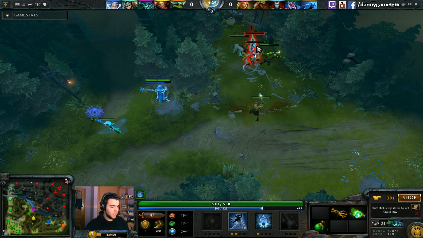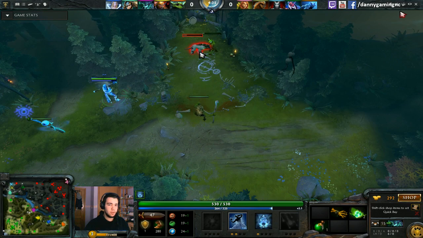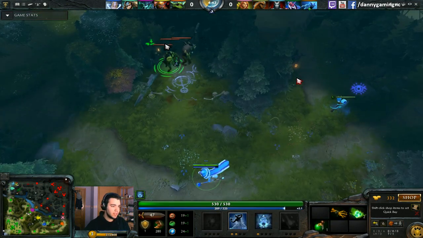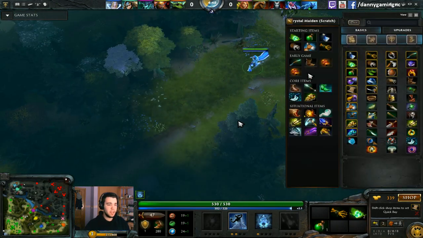Okay, where is my second observer ward? I don't really see it. Okay, whatever. So now what I'm gonna do is get Frostbite level 2 because it will deal even more damage,